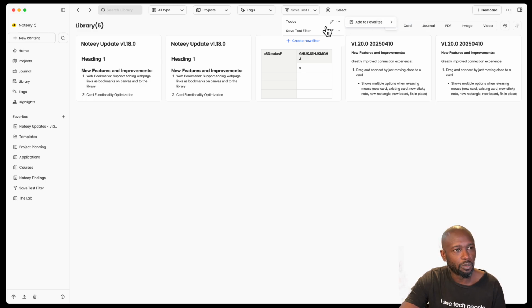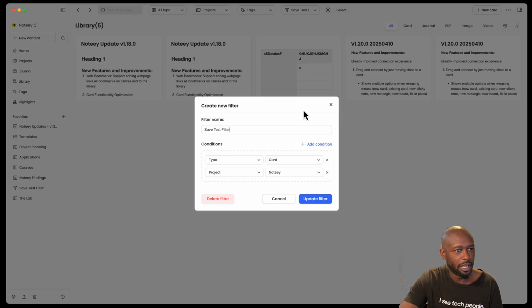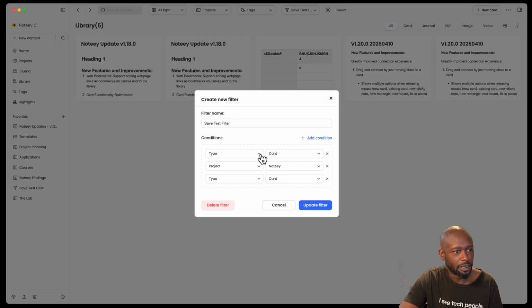You can do this. Now, one thing that is not available in the filters, not the particular save to favorite option here, is that you don't have a search condition. So if I click on a new condition here and I go through, you only have type, project, and tag. It would be nice to actually have a search type of condition where I can add in some explicit text that I want to see or search for within a card or a project or a note or whatever,